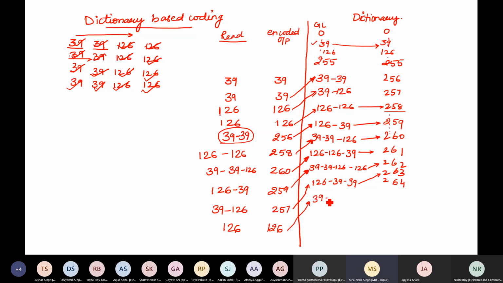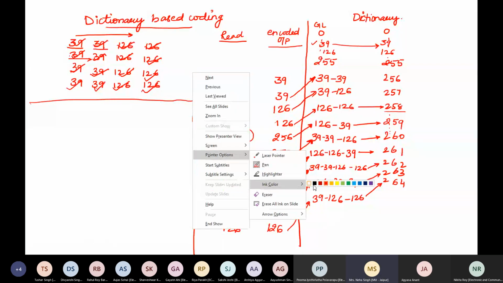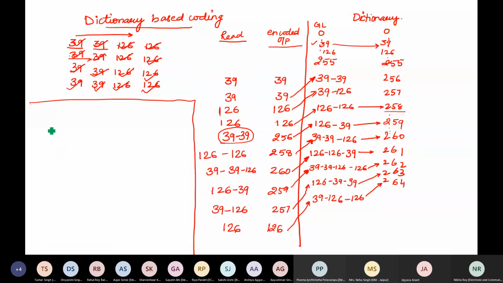The entry would be the last encoded symbol, that is 39, 126 followed by 126 at code 264. Right? So this will be my encoded output for my dictionary based coding. Any problem in this? Let us see decoding now.